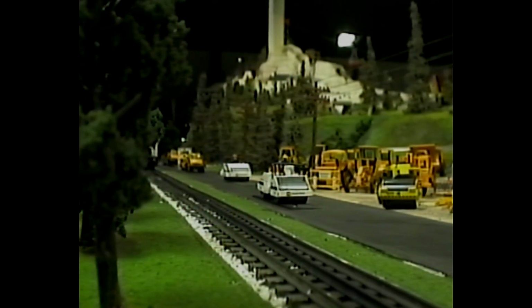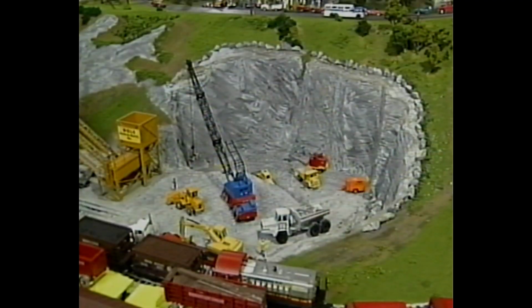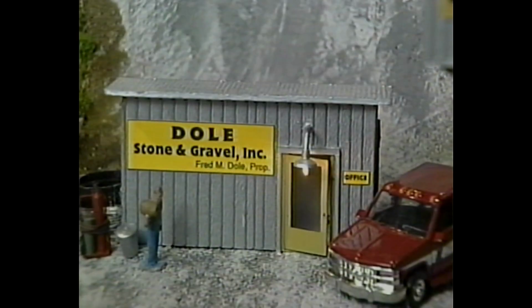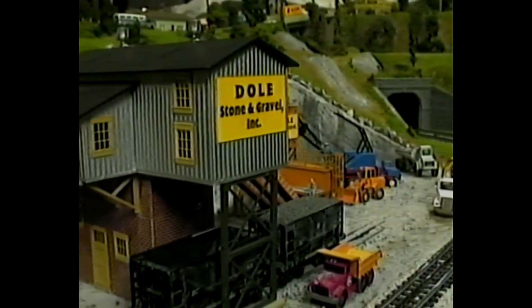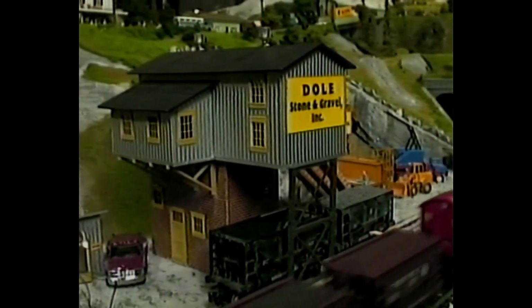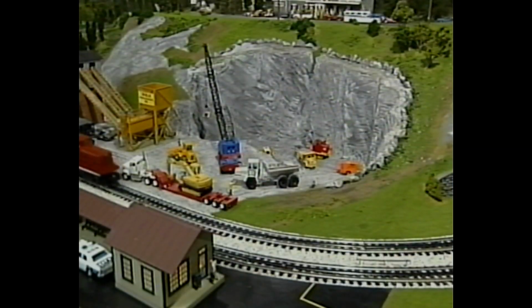For example, here's the morning train stopping at Dole Sand and Gravel. Aboard are workers headed for this huge animated quarry. Named after O-Gauge Railroading magazine editor Fred Dole, the quarry is an example of one of the largest animations on the layout. This quarry is a new addition to the Choo Choo Barn layout, and Tom spent hundreds of hours